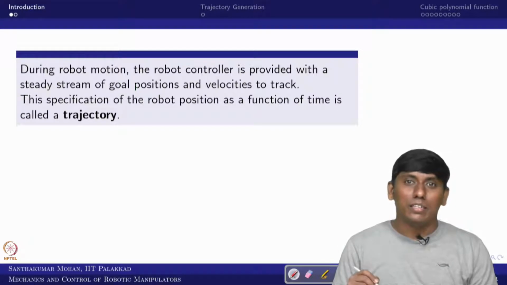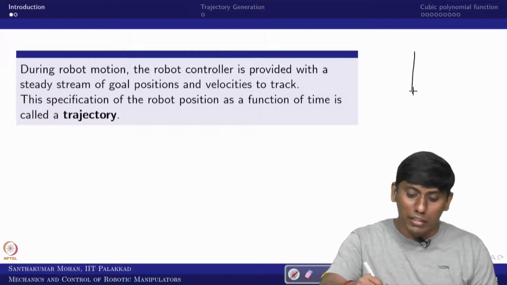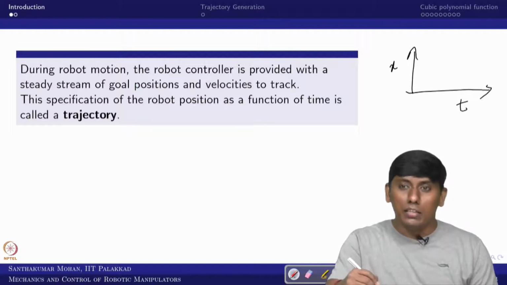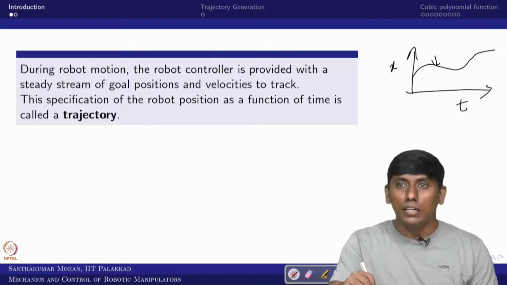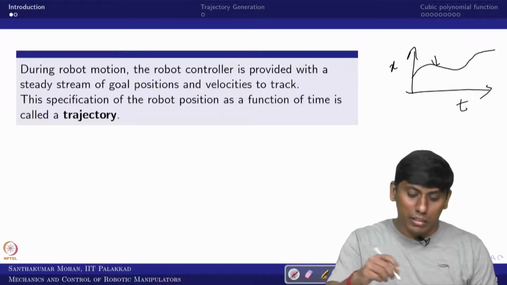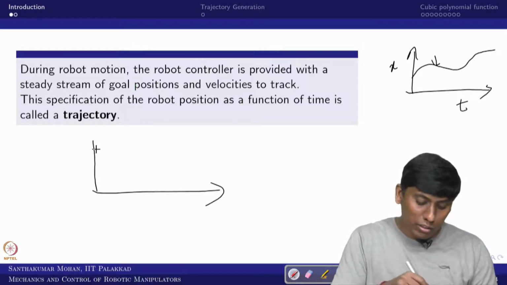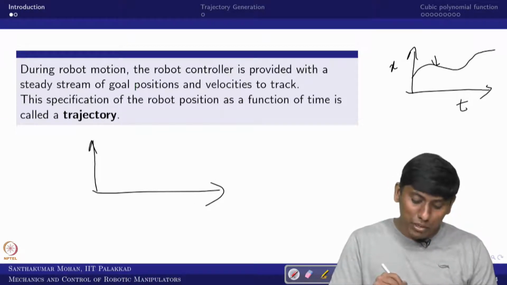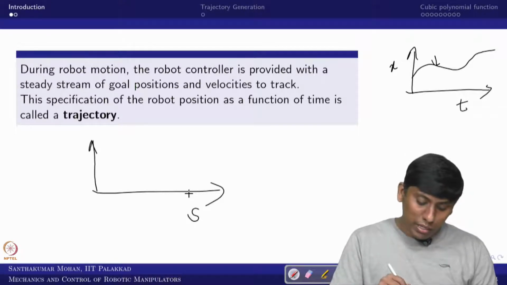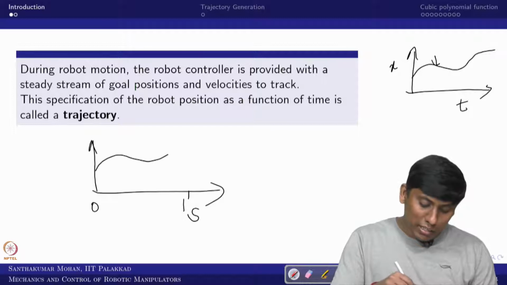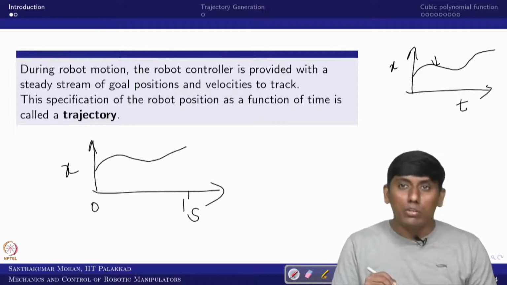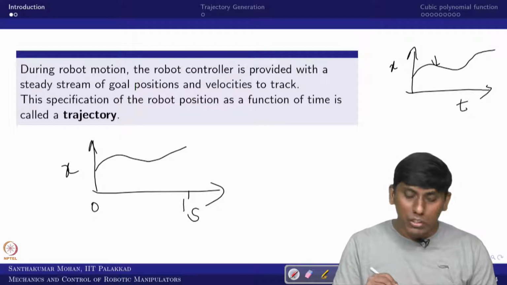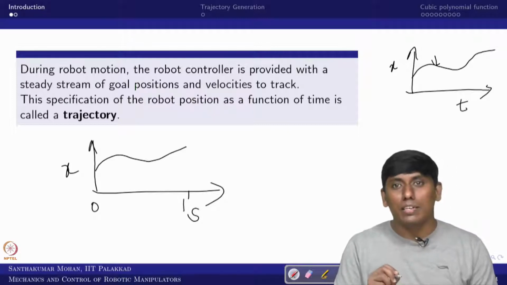So what is a trajectory? A trajectory is nothing but a path as a function of time. For example, this is time versus x, and this is like a time history. This is going to give a trajectory. But now say this is not time dependent, and I use some parameter called s, which varies from 0 to 1, and I write the same thing as x of s. Now this is not dependent on time, so in that sense it is called a kind of path.